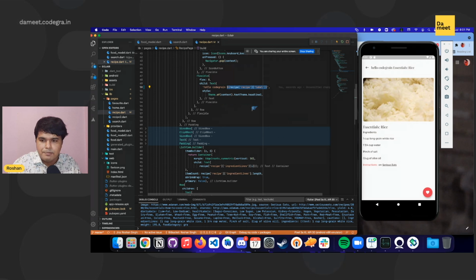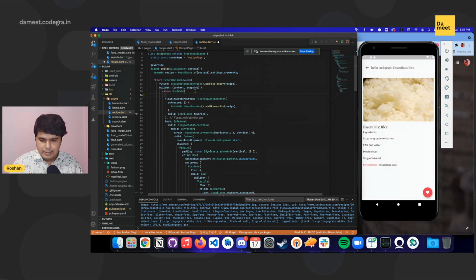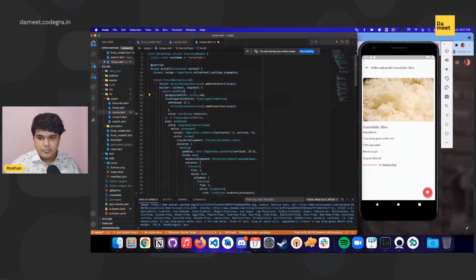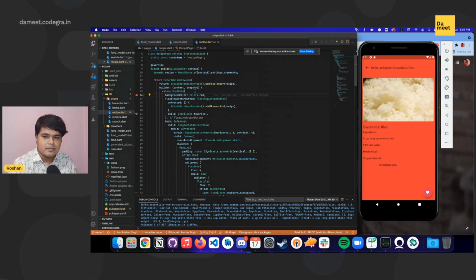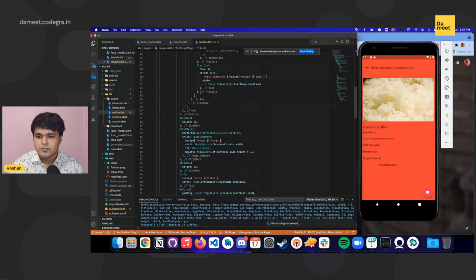Let's just try to play with the colors a bit over here. Let's try to do some sort of cancerous colors that can burn your eyes. We'll put red over here just to see how it feels. See, you have something done right over there. A single line of code can help you implement big changes throughout your application.